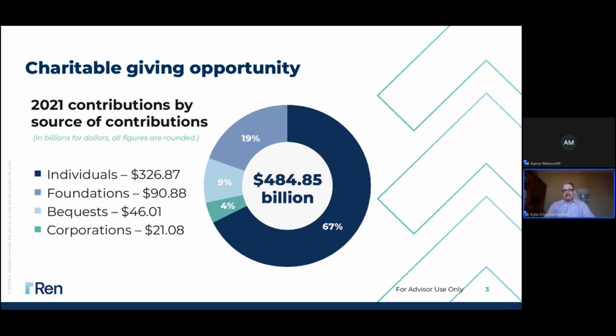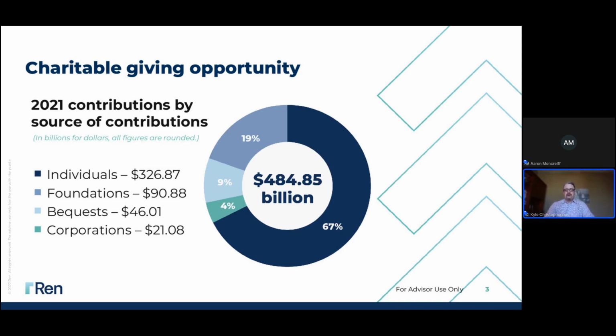And so when we look at statistics that have been completed for client surveys, trying to understand what makes them tick, what the commonalities between them are, one of those questions that's commonly asked is, are you charitably motivated? Are you giving to charity on a regular basis? And 79% of those individuals have said, yes, I do give to charity on a regular basis. Charitable giving is important to me. So the odds are 8 out of 10 of your clients are giving to charity.